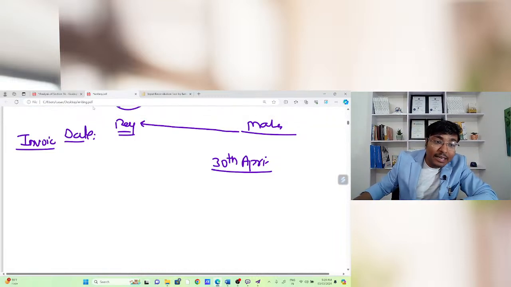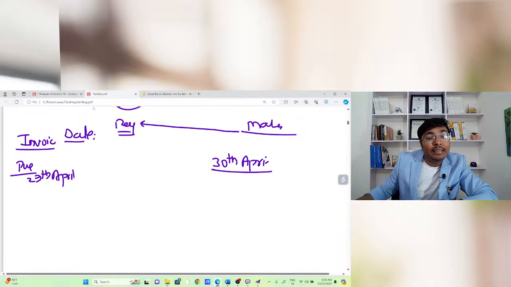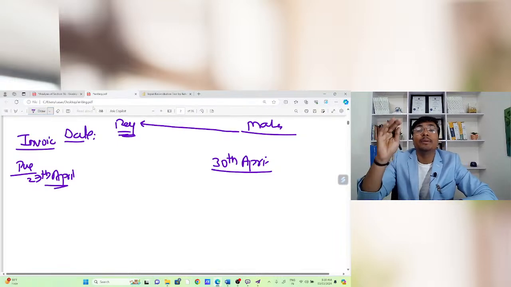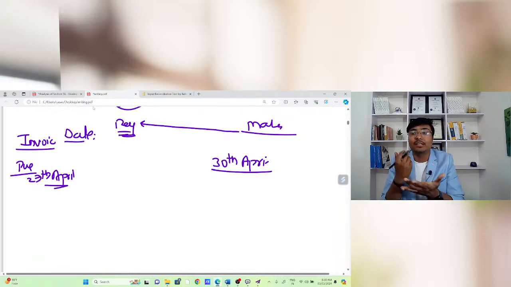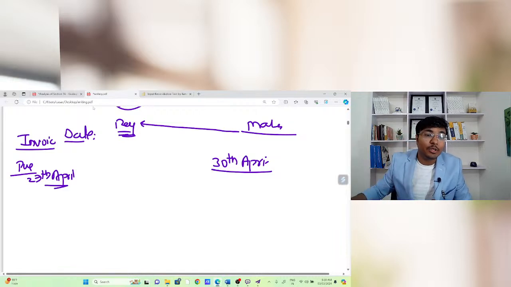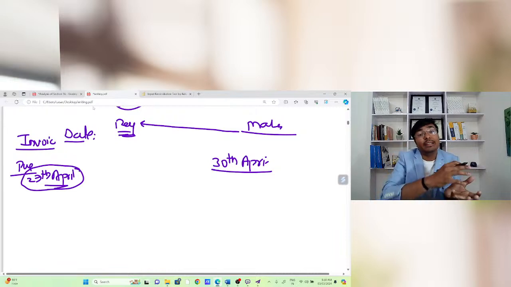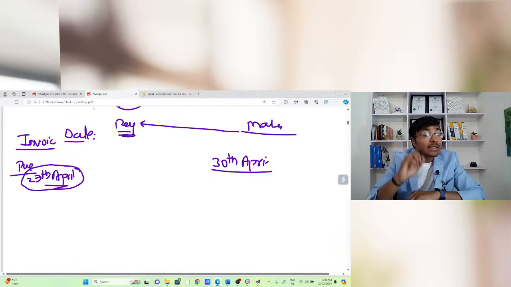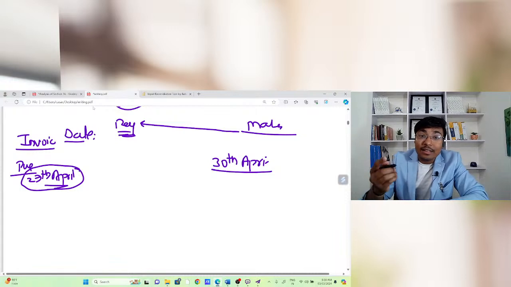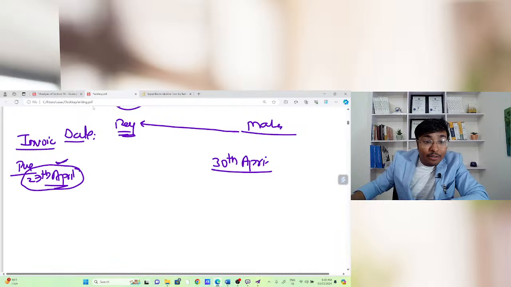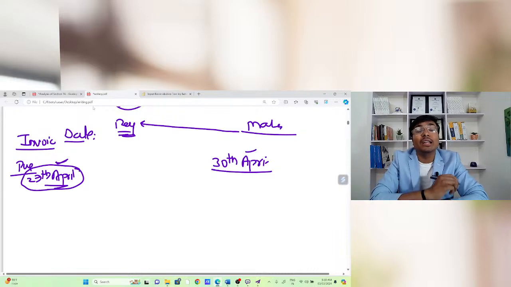But suppose the client has made the entry in the purchase register on 27th of April, in that case for that specific receiving of goods you are just going to check the purchase register, and when you check that purchase register you will find out that the purchase was on 27th of April, and when you check the reconciliation, your April month reconciliation will be done because the same is reflected in the same month. But as per the section 16 subsection 2 की condition, the client has not received the goods, so input will not be allowed. So when you compare the invoice date from the GSTR 2B portal,